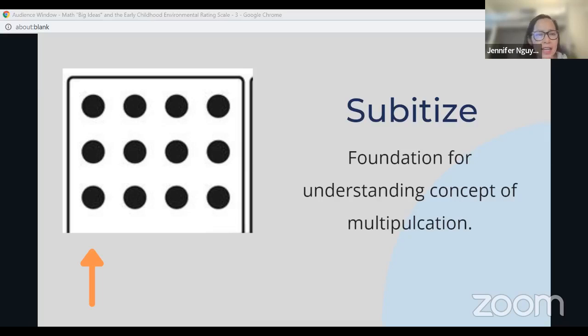So here's another set of dots. The arrow's pointing at a set of 3 in a vertical line. There are 4 sets of 3 dots. So when there are 4 sets of 3 dots, there are 12 dots. Or maybe your eyeballs went straight to 4 horizontally. That's a set. How many sets of 4? There are 3 sets of 4. 3 sets of 4 is 12 dots. That is multiplication. That is a deeper understanding of the concept of multiplication.